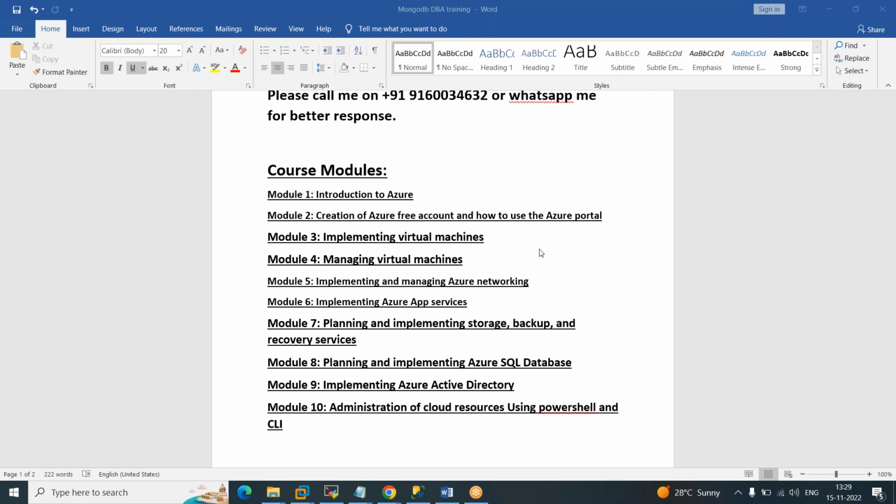Then we're going to talk about virtual machine implementation. What are the best standards we need to follow for creating VMs for SQL Server? How do we create VM templates to get all the automated configurations for SQL Server usage? And how you manage the VMs, adding storage, extending disks, managing VM charges, and recommending scaling up and scaling down based on the usage of the server, looking at the metrics. All that will be